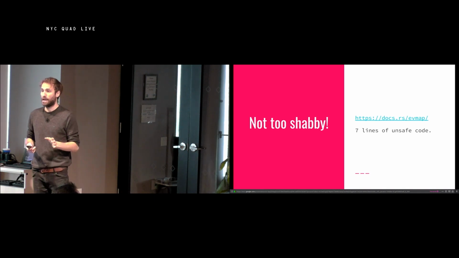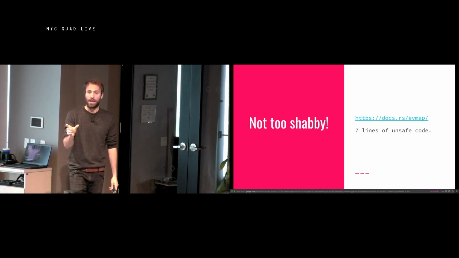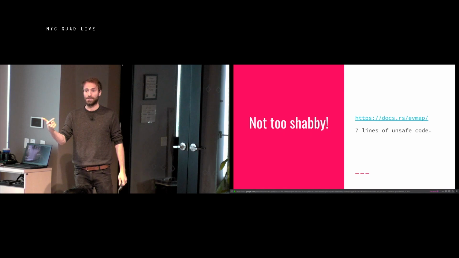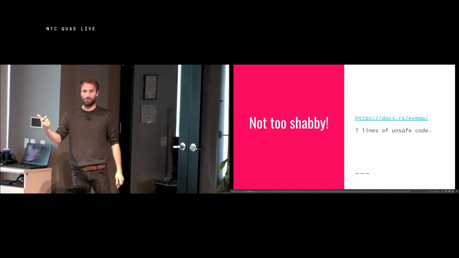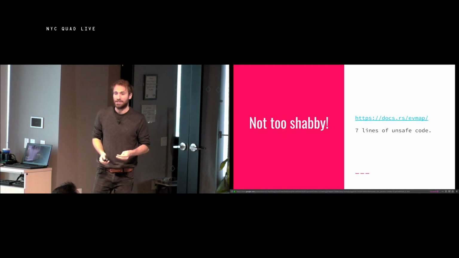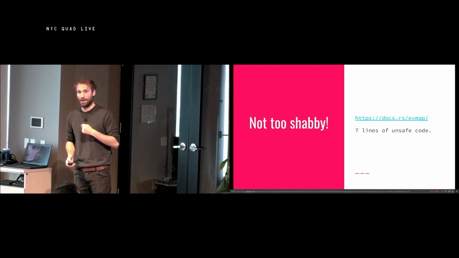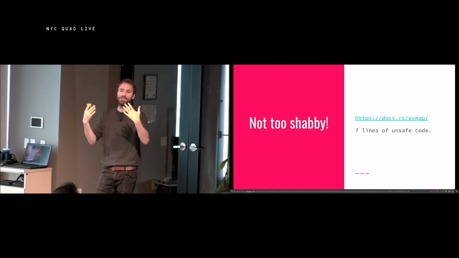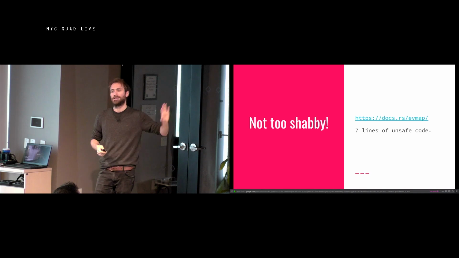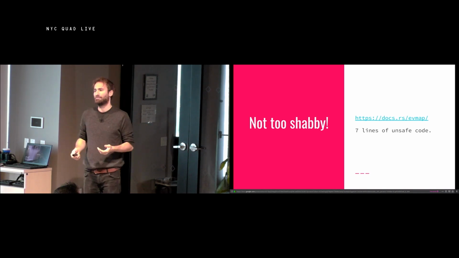And the places where it's unsafe is basically to ensure that whenever we know that an invariant is true, for example, we know that we have exclusive access to the left map as a writer, then we're willing to turn that raw pointer that we keep into a Rust mutable reference. Because we know by virtue of our invariants that this is now safe. So that's pretty neat. 7 lines of unsafe. There are 7 more lines of unsafe that avoid keeping both maps. You still keep 2 maps, but you deduplicate the data between the 2 maps. Then you need another 7 lines of unsafe. But I feel like that might be okay.